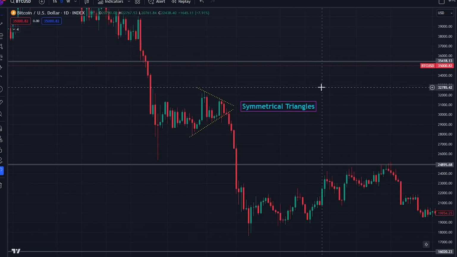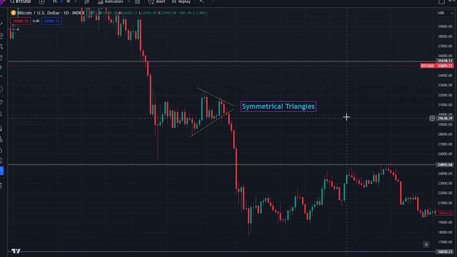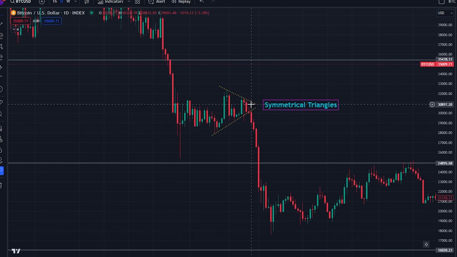Now we have symmetrical triangles. Now, these are pretty much a wild card playing off a market choice. They can occur in uptrends or downtrends. They're characterized by 2 slanted trend lines that are converging. They don't give us any prediction of where price is going to go. So when you identify a triangle pattern, I seriously just wait for the breakout on the high or the low, and I match it up with my volume,